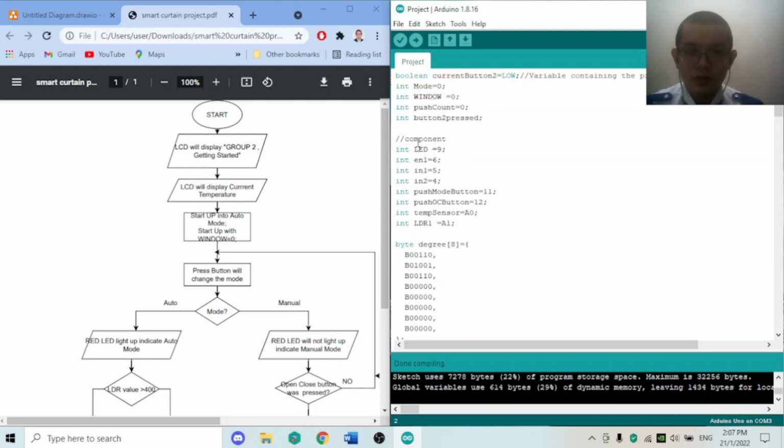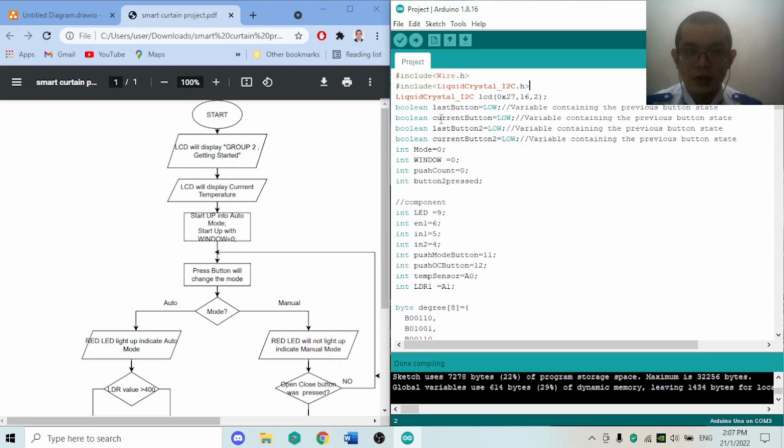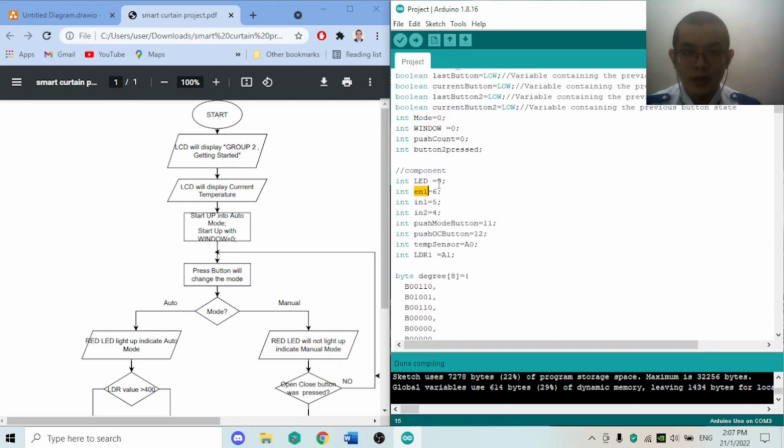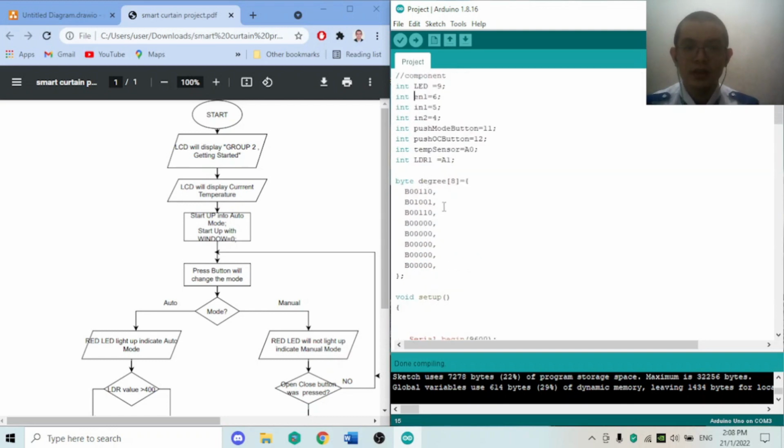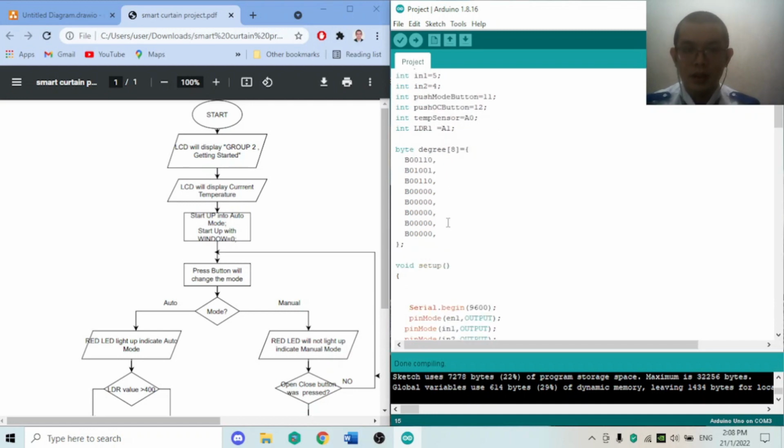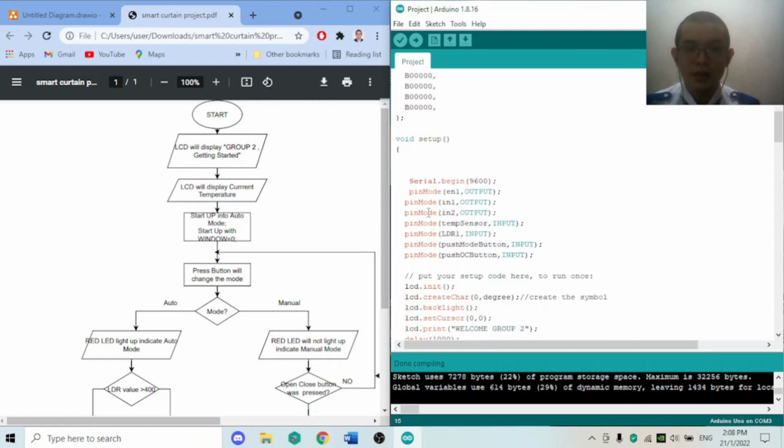And from there, we need to input every variable, and then input every single pin that we need to use for every output and input at the hardware and in Proteus. The byte degree is for us to create the character or symbol that we need, which cannot be entered simply from the keyboard. From here, we need to set pinMode for every single pin